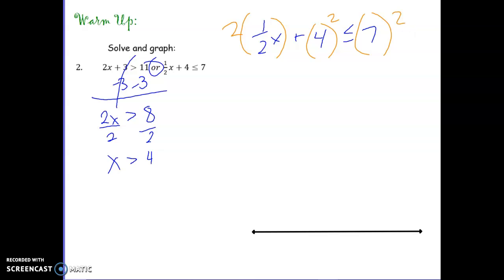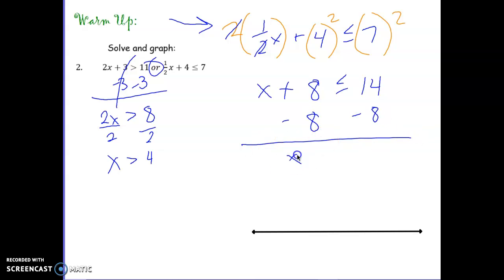I'm going to multiply everything by 2, whether it is a fraction or whether it's not a fraction, because my goal is to get rid of the fractions. 4 times 2 is 8. 7 times 2 is 14. Over here, the divide by 2 and the multiply by 2 cancel out, and I get 1x, which is the same thing as just plain x. All right, so I'm going to subtract 8 from both sides, and I get